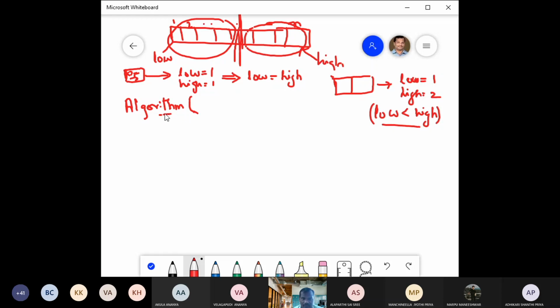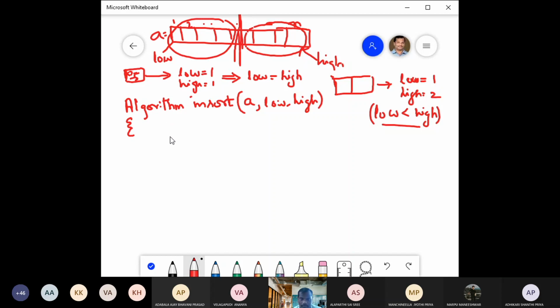Now if you see the algorithm, the name of the algorithm you can give like MSORT. MSORT is the name of the algorithm. Now A is the array, that is the list of elements. So A is passed as a parameter, followed by these two ends, low, high. These are the parameters passed to the MSORT function. Now open brace.